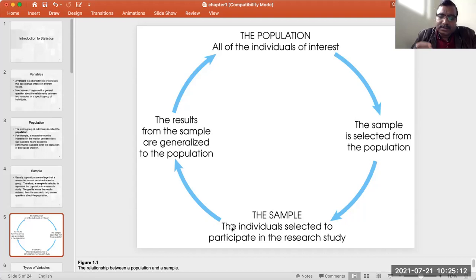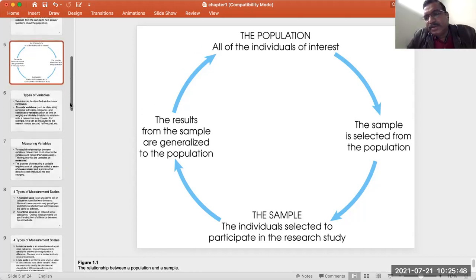You ask some questions, distribute the questionnaire, take interviews, do observation studies, whatever that may be. Different tools are available for collection of data. Analyzing that data, you come up with some results about the sample, and that result is generalized for the population. The results from the sample are generalized for the population, right? And this cycle goes on.